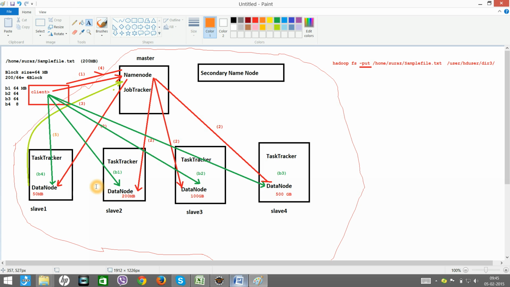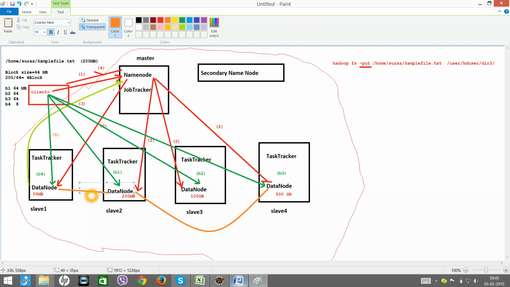In step number 5 the client writes the data into the data nodes, and now the data nodes will start communicating with another data node. This is step number 6.